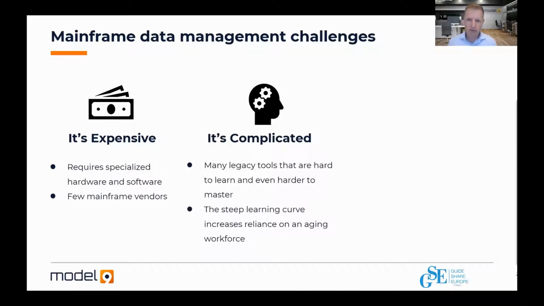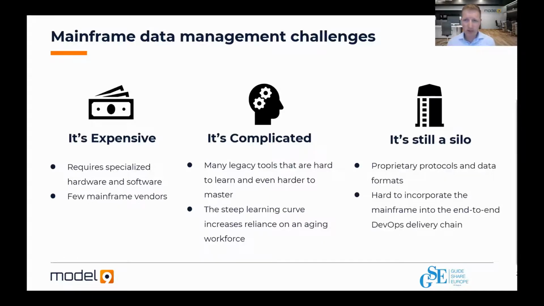It's specific knowledge that you need to have with a lot of legacy tools, and you need to have a deep understanding of how things work. And also the third thing is that it's a silo. It's different than the other things. It's not something that you can integrate easily to other environments, and it's like a standalone.